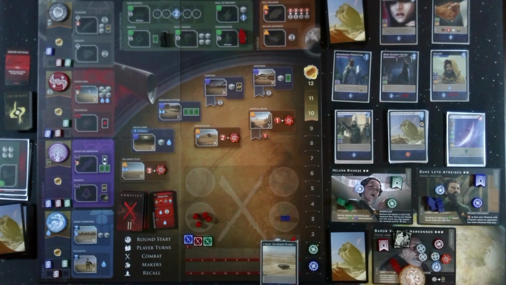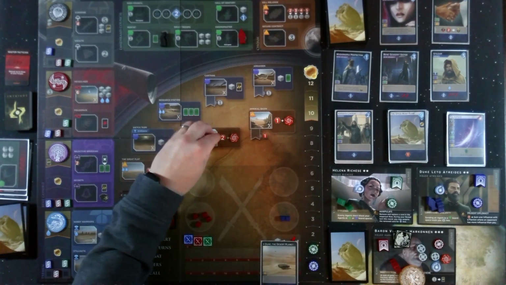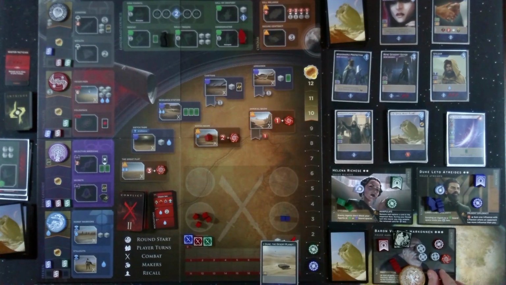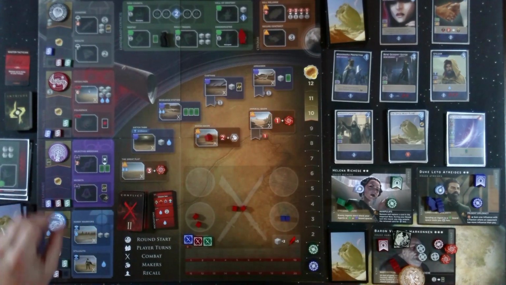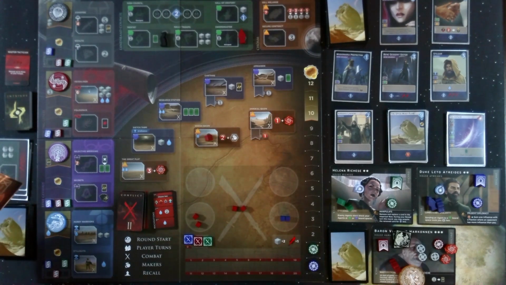You know what? I'm going to spend a water to go to Haga Basin. So I get 3 spice in total. And it is a combat zone, so I get to deploy up to 2 troops into combat, which I will do. Right, Richese, harvest spice,